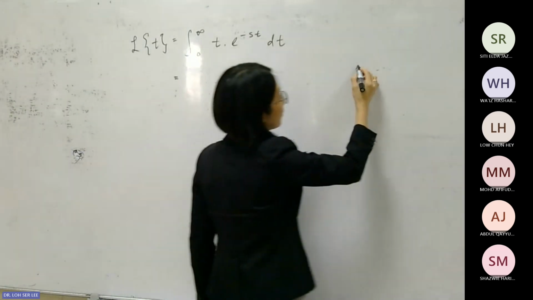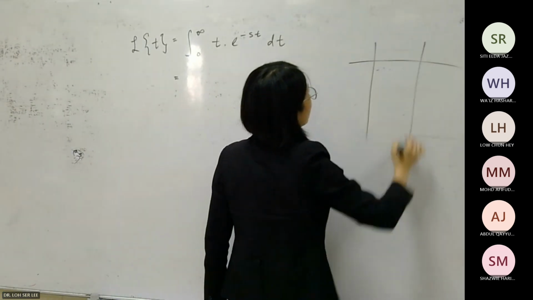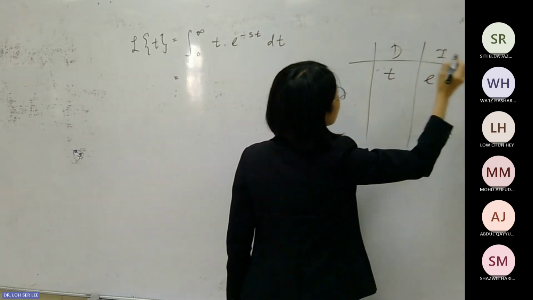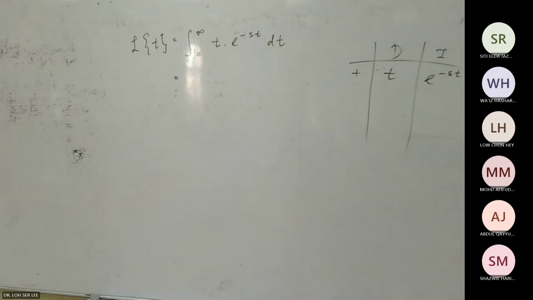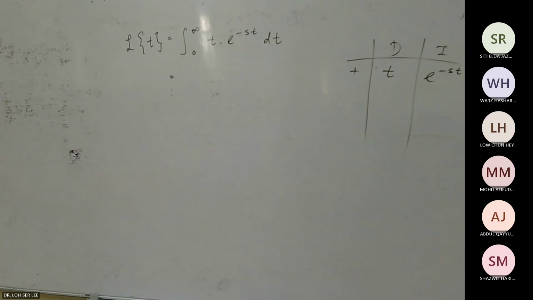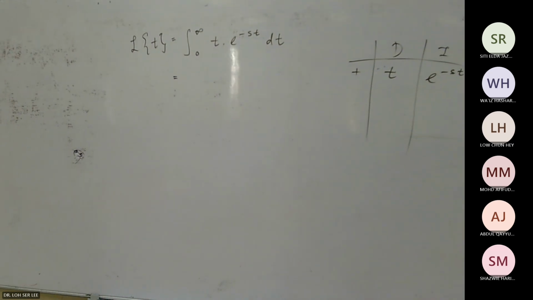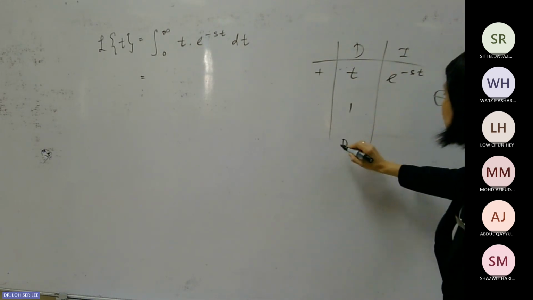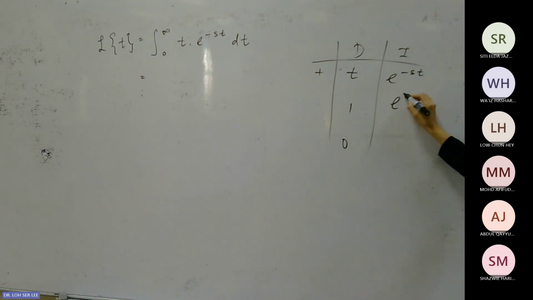Let's say I use the tabular method, with t and e negative st. So t is differentiated until 0, and this one we integrate, e negative st over